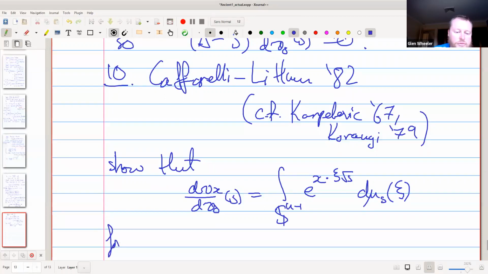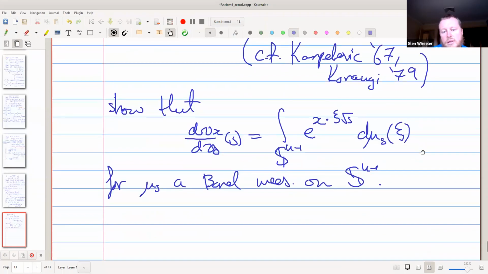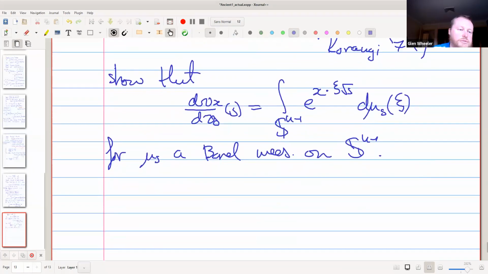I'll just say that here: for ν_s a Borel measure on S^(n-1). And that finishes the proof, because you just go back through the definitions. So we are done,